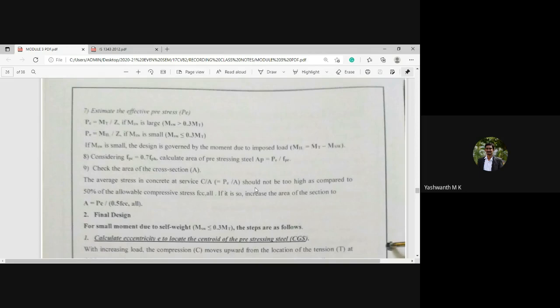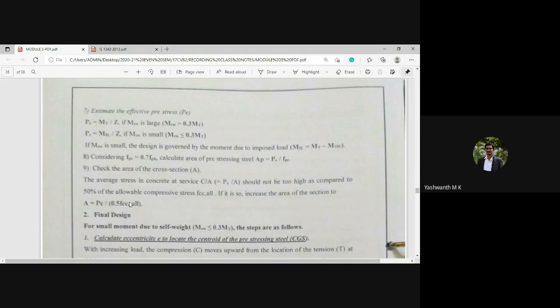If it is so, increase the area. That means first you need to calculate A is equal to PE divided by 0.5 FCC allowable. If the condition is okay, fine; if it is high, then you need to increase the area.